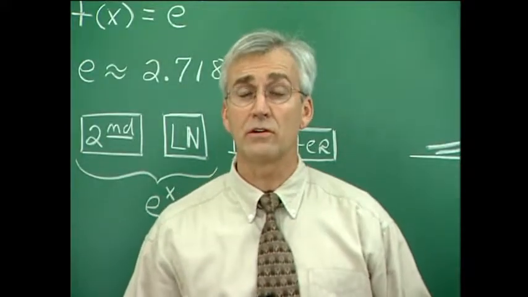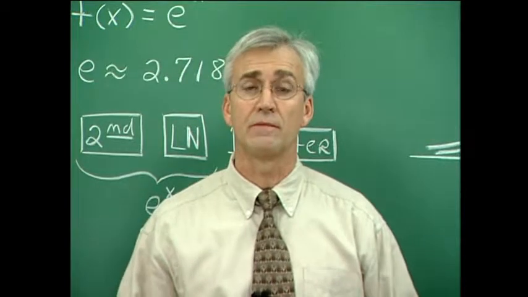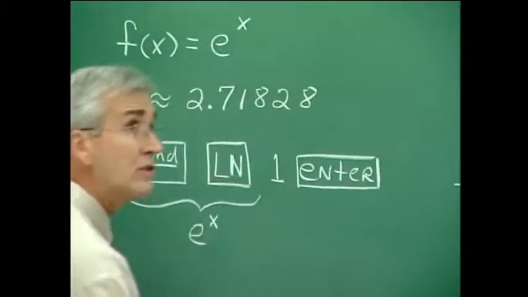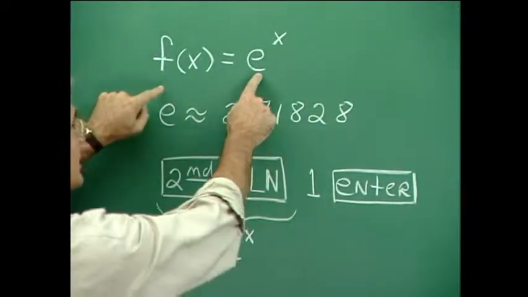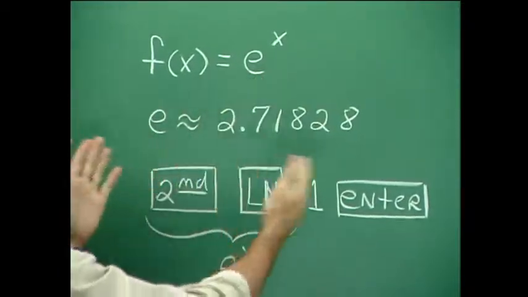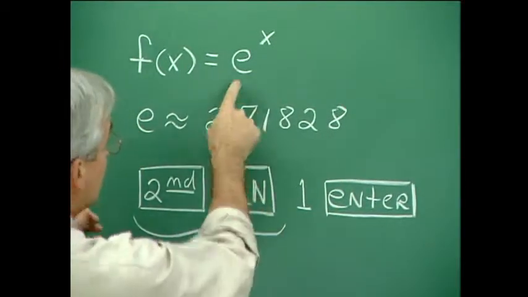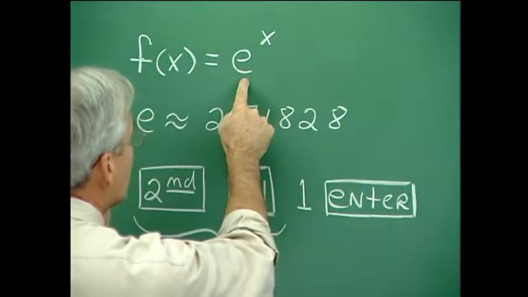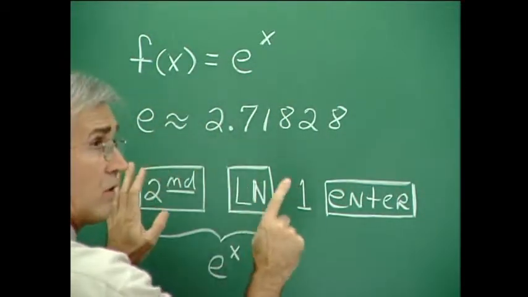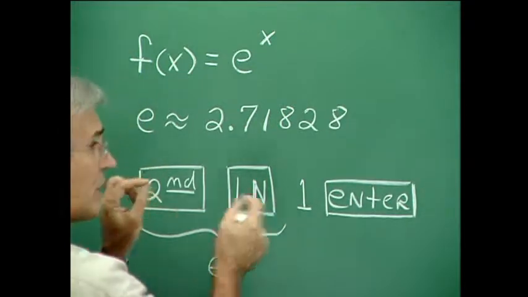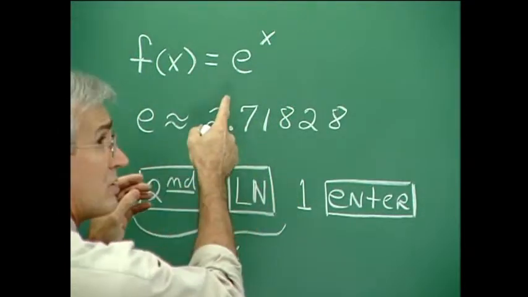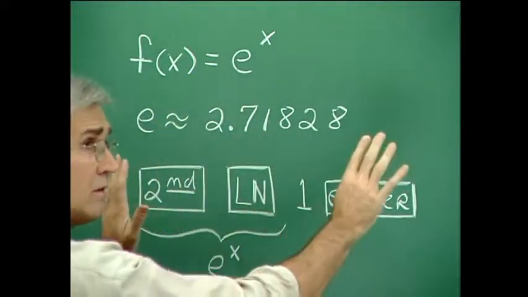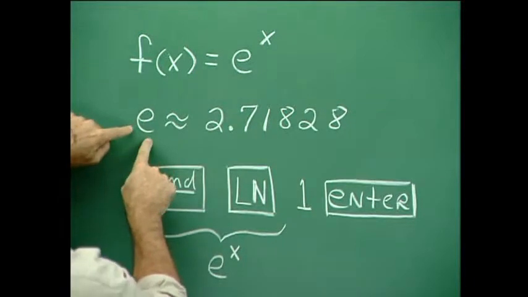There is one very special and very useful exponential function, and it is special and useful because of its base, and its base is e. It's symbolized with e, but it's actually a never-ending and never-repeating decimal. We use this symbol for it because we don't want to write a lot of digits for its value. It has to be approximated in all cases, kind of like pi. Pi is a naturally occurring constant, and so is e. In fact, e is probably more useful than pi is overall. At any rate, the value of e is approximately